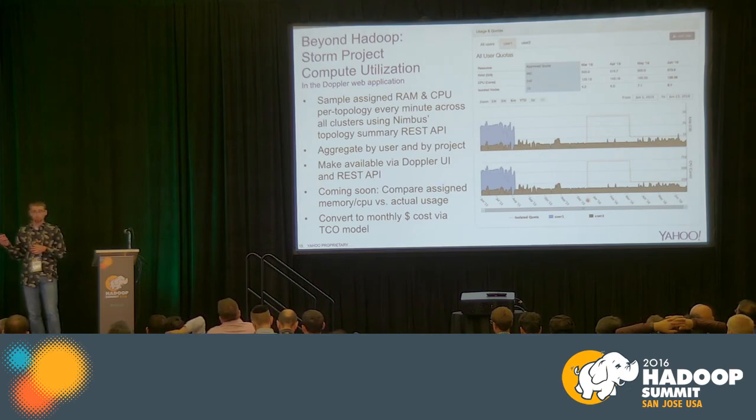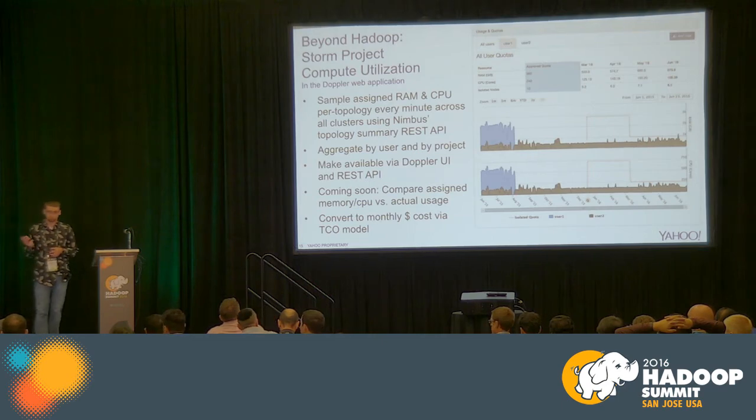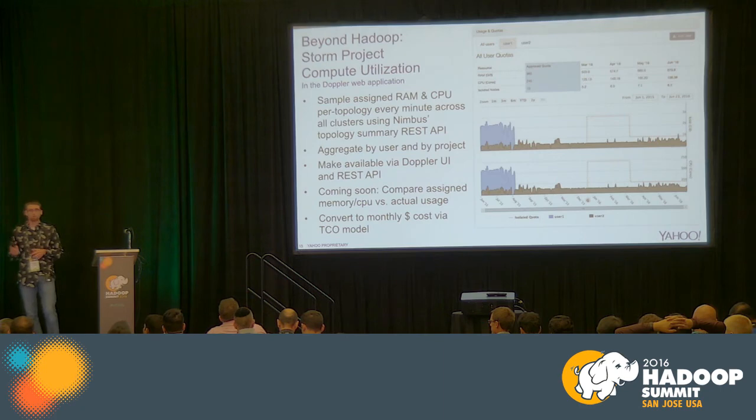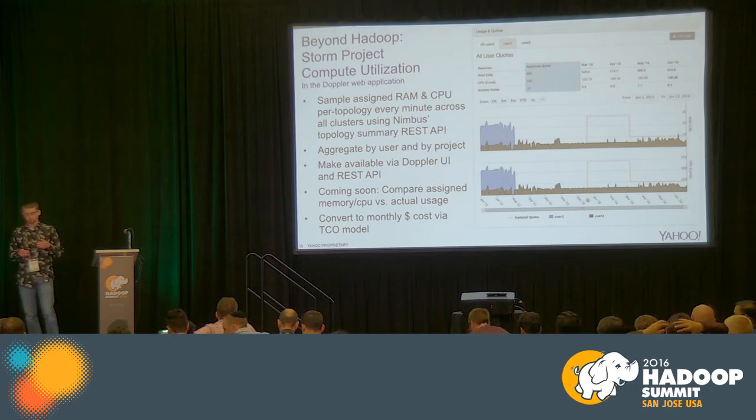A lot of this is possible through the new resource-aware scheduler. So if you missed that talk and you use Storm, I encourage you to check that out, because we're now able to get back not just workers and executors, but RAM and CPU assigned per topology. And just like we did on the Hadoop side, we came up with a cost model for Storm. We looked at all those different cost factors, and we computed that per-user cost using the user's usage divided by everyone's usage of the platform.